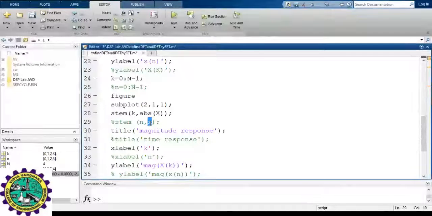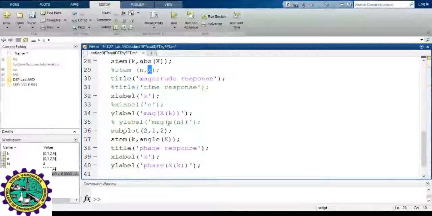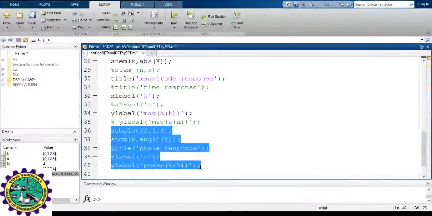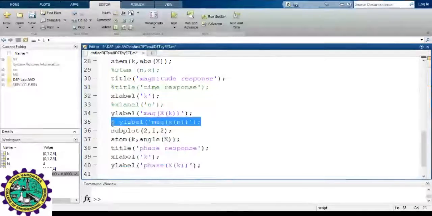If it is not real numbers, something we might have done wrong here. And then the title will be time response, x label n, and y label magnitude x of n. So you won't get this part. Why won't we get this part? Because even if you calculate, you will get all 0, right? There is no angle for real numbers. So only this much is sufficient. Up to this much is sufficient for us. Okay, hope you have understood.